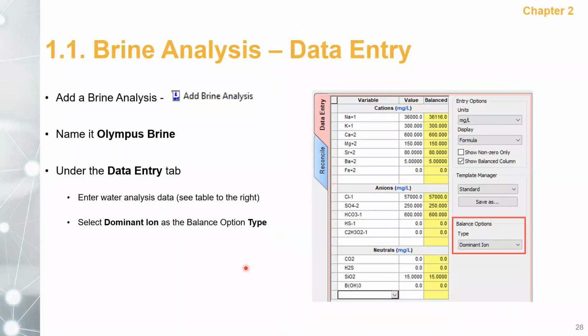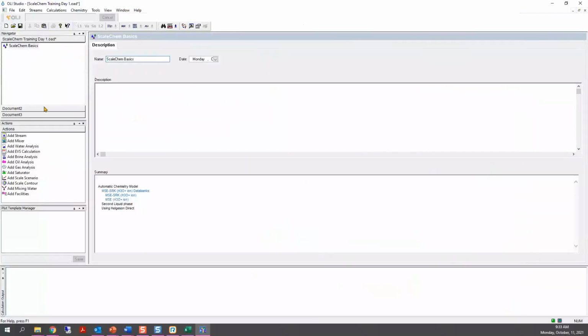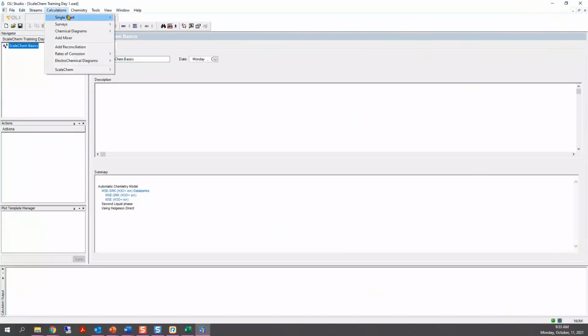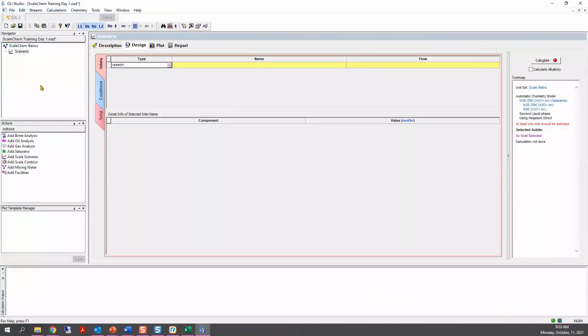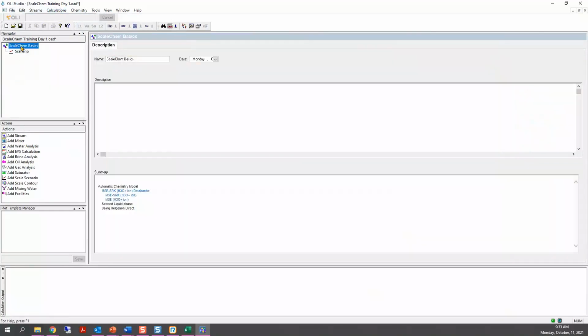Okay, so the first thing we are going to do is to enter our brine analysis. So let me go back to the software, and let me close documents 2 and 3 from the navigator panel. Something happened to my units, to my objects. So please, what we're going to do first is click on this ScaleChem Basics, and now you'll see that